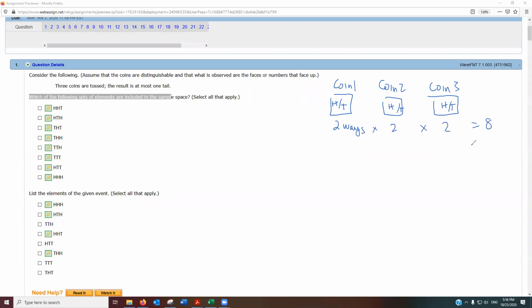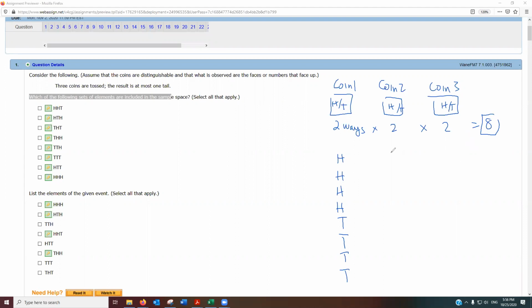It's going to be 8 altogether. Well, there's a little bit of a shortcut to write all these out. What you do is you start out with the first coin. I know there's going to be 8 rows in this table because there's going to be 8 possible outcomes. So I'm going to make the first 4 be heads and the last 4 be tails, because I'm looking for an organized way to write out all these 8